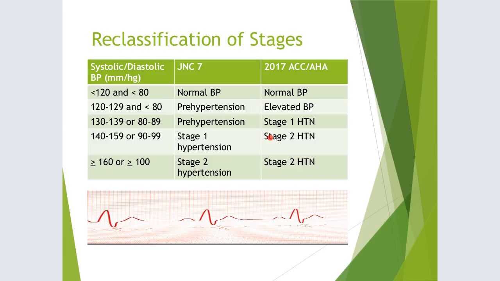Wow! How many people did you see in the office today that had a systolic blood pressure of 130 or higher? Everybody I saw, well, not everybody. I think I saw 2 today at the nursing home that didn't have a systolic blood pressure of 130. Wow. I was just like, really? And then stage 2 hypertension starts with a diastolic of obviously 90 or higher, but a systolic of 140.